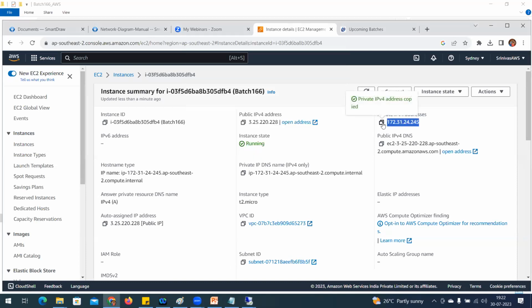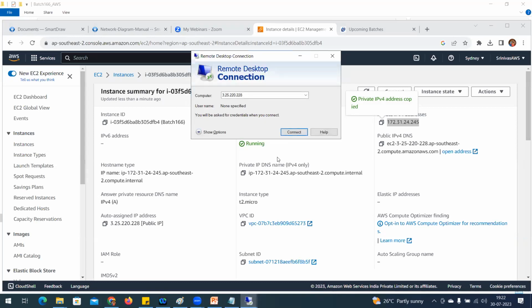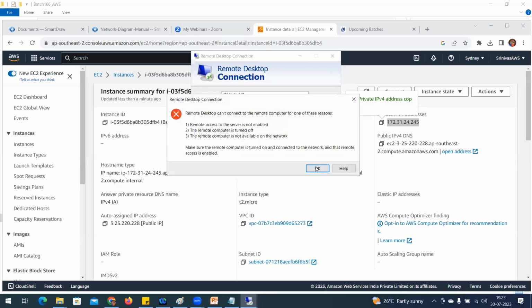But am I able to connect using the same IP address? I'm going to copy this. Am I able to connect? I have an internet connection. Am I able to connect to this particular system with the same IP address? I'm going to click on connect. Why is it not connecting? A private IP address system belongs to a certain network range, within which network communication happens. It is not routable. Communication cannot be established outside a certain boundary. That is private IP addresses.